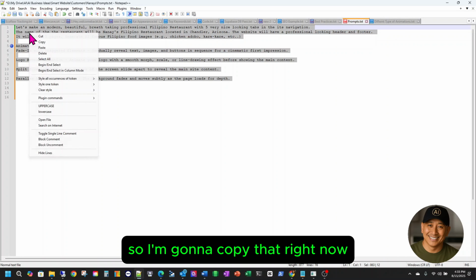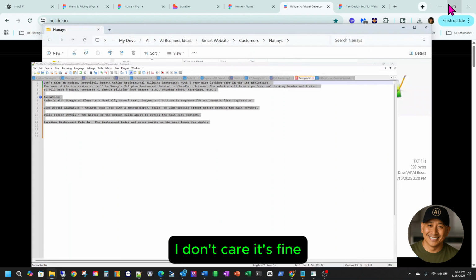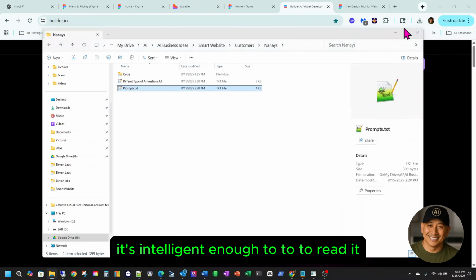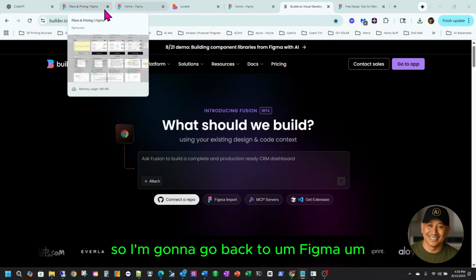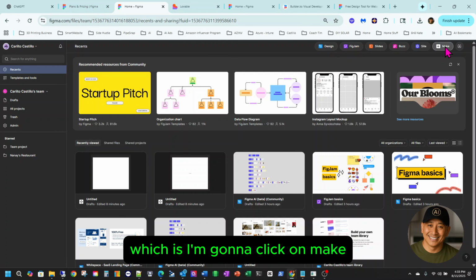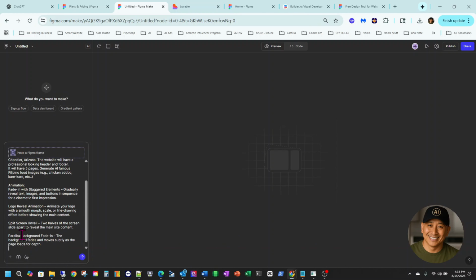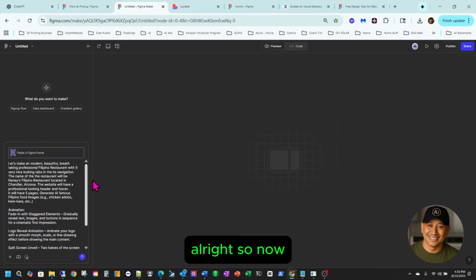So I'm going to copy that right now. I even have some wrong spelling here, but I don't care. It's fine. It's intelligent enough to read it. So I'm going to go back to Figma, and I'm going to click on Make. So here, you just paste your prompt over here. All right. So now,